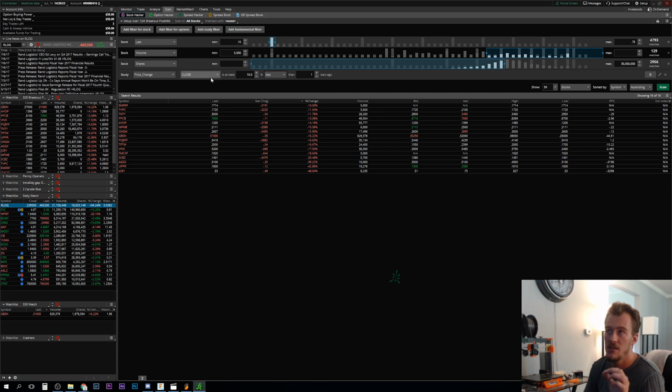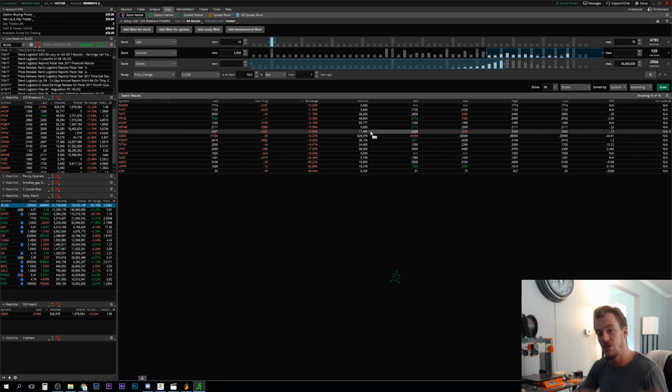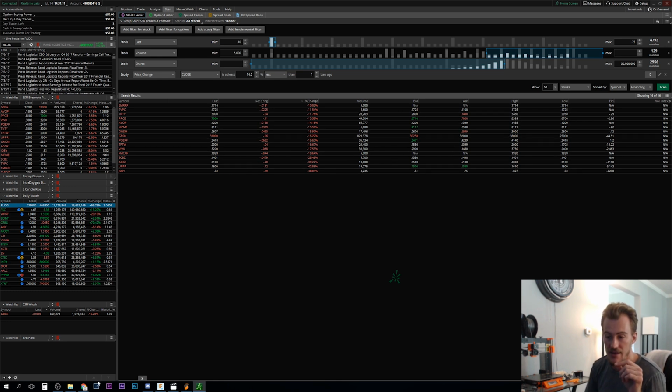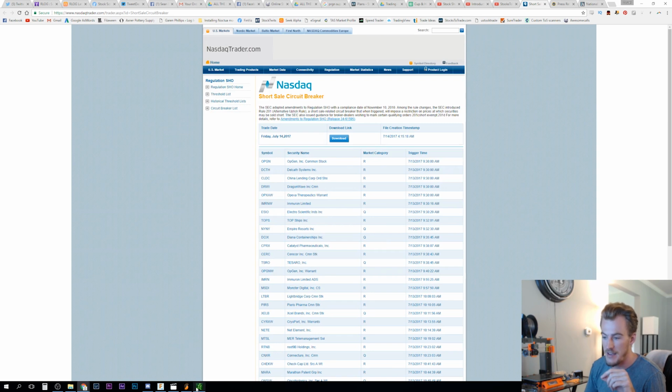Price change: the close is at least 10% less than 1 bar ago in the day. So it looks back one day, and if the close of the day is 10% lower, that's going to trigger the SSR rule for the next day. So today is Friday, July 14th. Monday, I'm going to check that SEC website, again, right here, and if I see